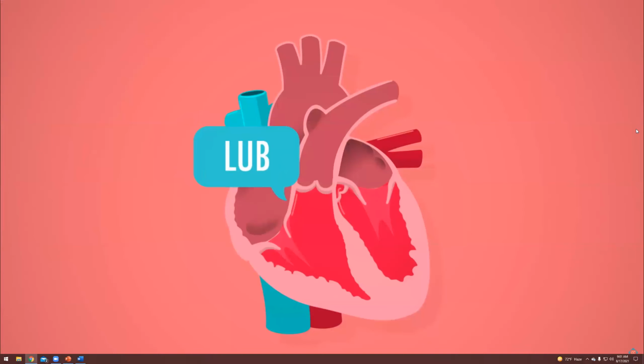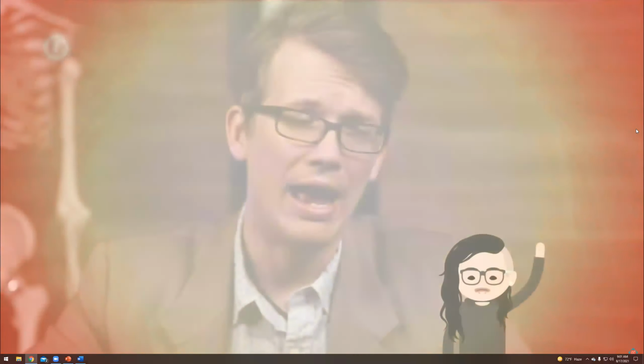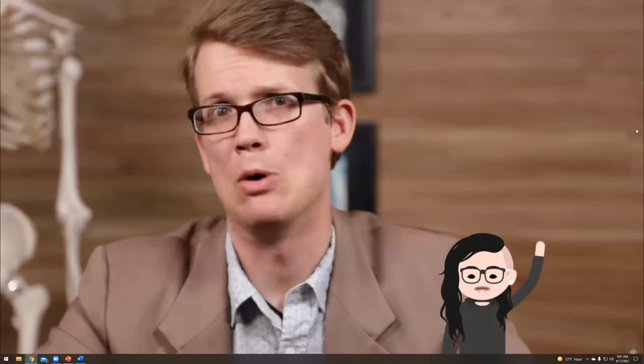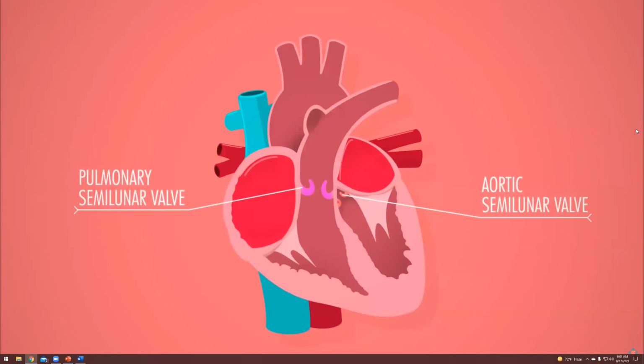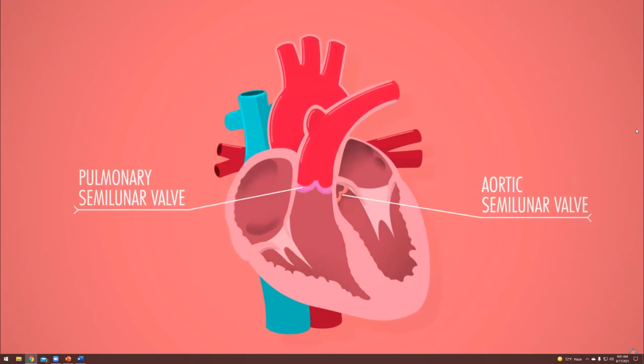So the first lub that you hear in that lub-dub is made by the mitral and tricuspid valves closing. And they do that because your ventricles contract to build up pressure and pump blood out of the heart. This high pressure caused by ventricular contraction is called systole. Now, the dub sound. And just to be clear, I'm not talking about dubstep sounds. That's the aortic and pulmonary semilunar valves closing at the start of diastole. That's when the ventricles relax to receive the next volume of blood from the atria. When those valves close, the high pressure blood that's leaving the heart tries to rush back in, but runs into